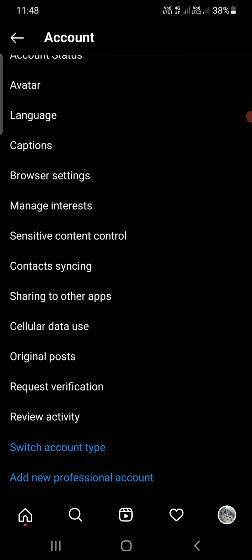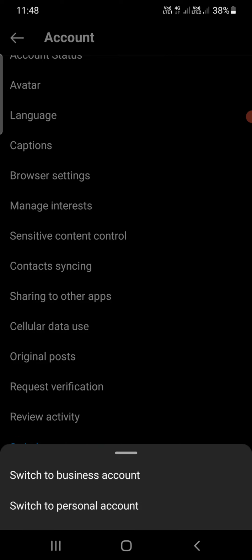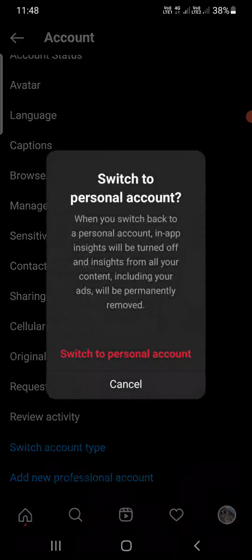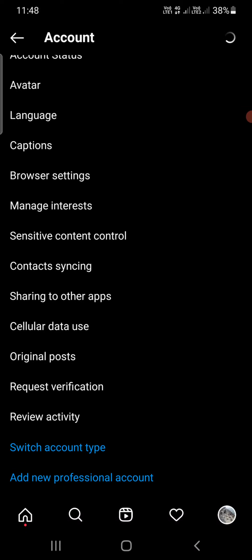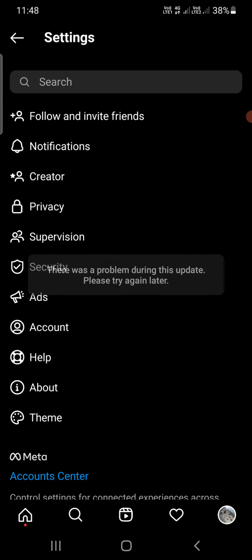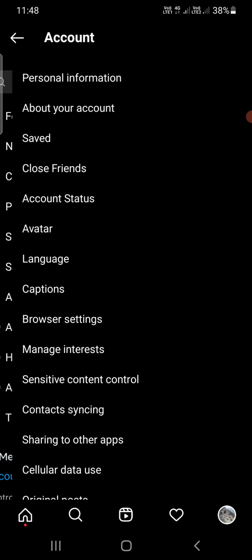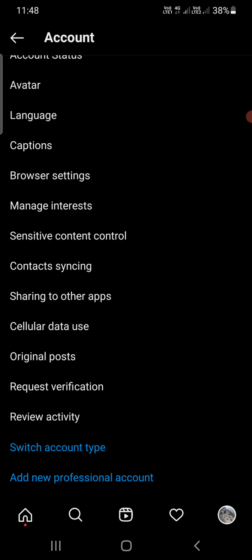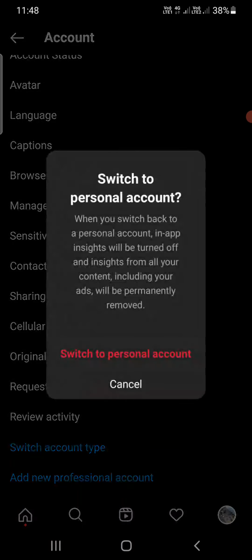So what happens is sometimes you need to switch your account type to personal and then back to professional. Okay, so I'm going to click on switch account type. Now you can see there are two options. Now switch to personal account. Switch to personal account here. Now it will update some features inside the messages section and all that. Okay, there's a problem. Let me try it again. Switch account type, switch to personal,